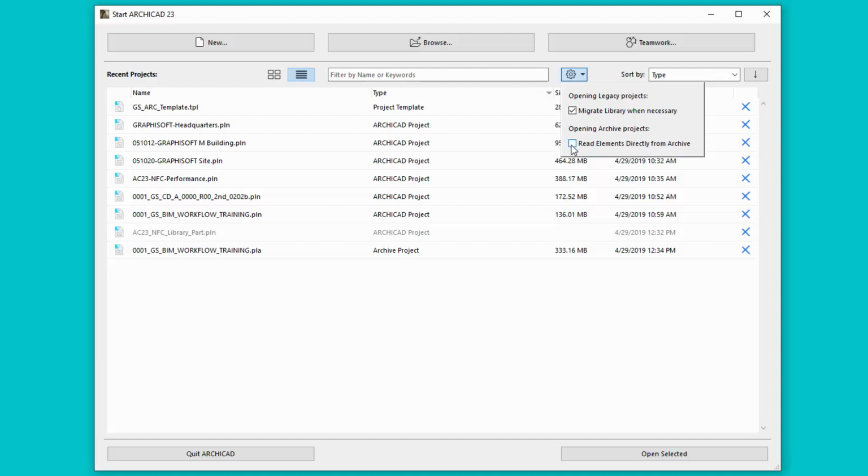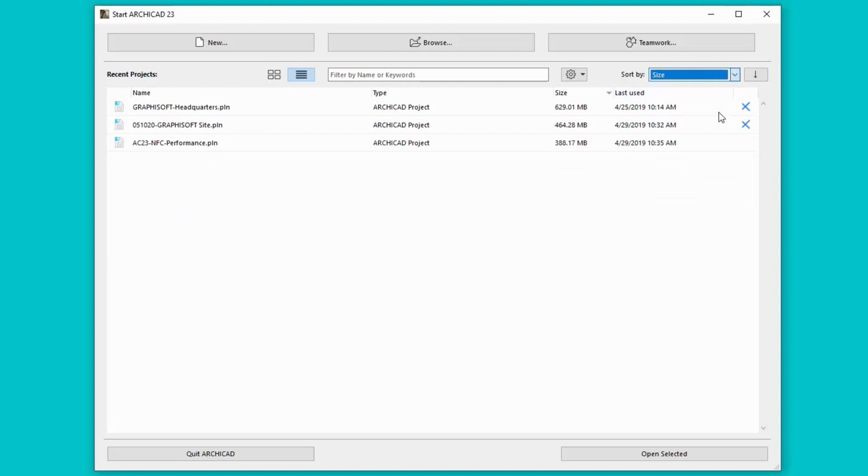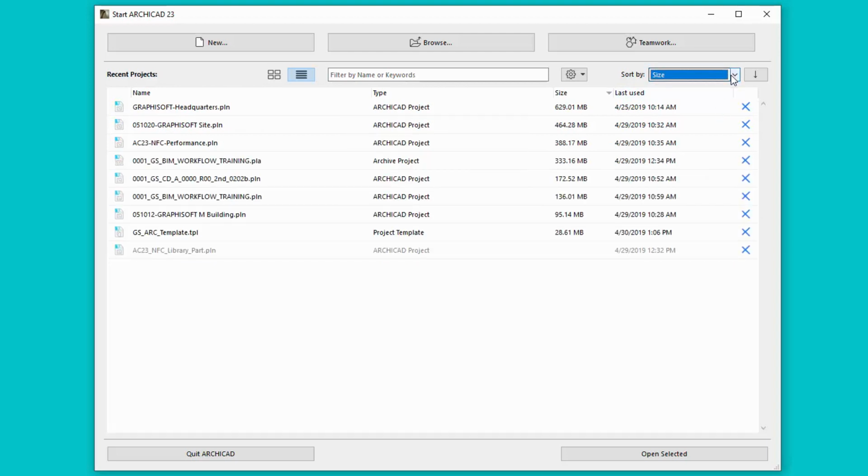For example, you can check the Read Elements Directly from Archive checkbox, which will from now on be valid for any archive plan that has been opened from startup. Plans can be sorted freely by name, date, size,